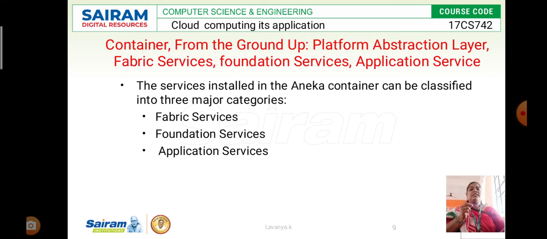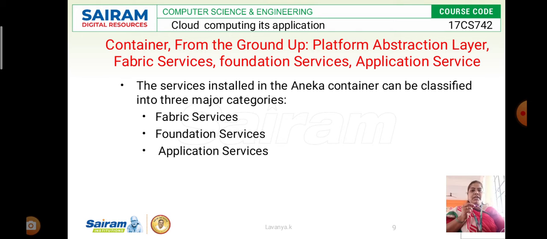The fabric services define the lowest level of the software stack represented in the Aneka container, and they also provide the resource provisioning subsystems as well as the monitoring facilities that can be implemented in Aneka.